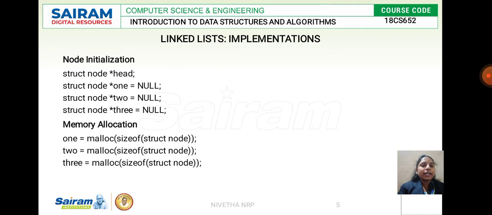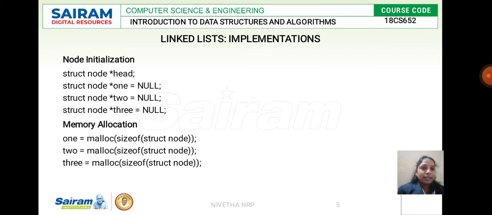So again I create a structure for a node, address of 1, and initially it will be null. Initially we don't link. Before linking, everything has to be initialized, and when we initialize, memory will be created. So initially 1 will be null, 2 will be null, and 3 will be null. In the above example we have used only 3 elements, that is why node initialization is done for 3 elements. So according to our application, we do the initialization of nodes. Then we have initialized the node.